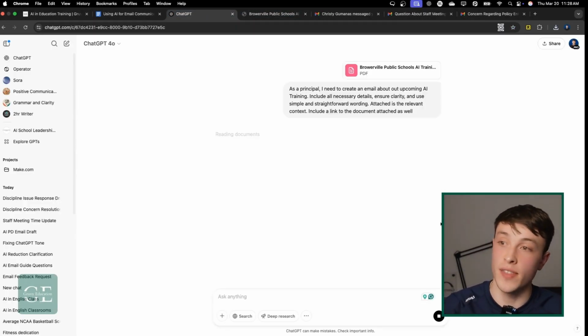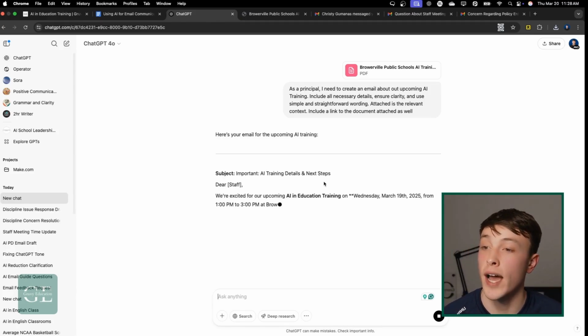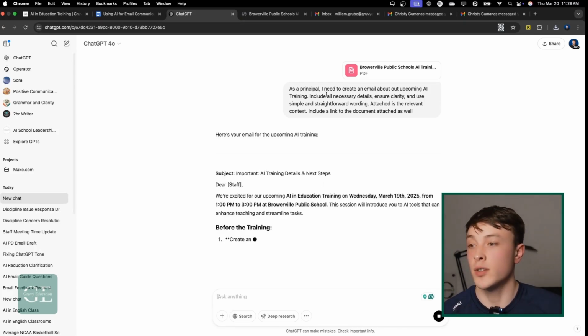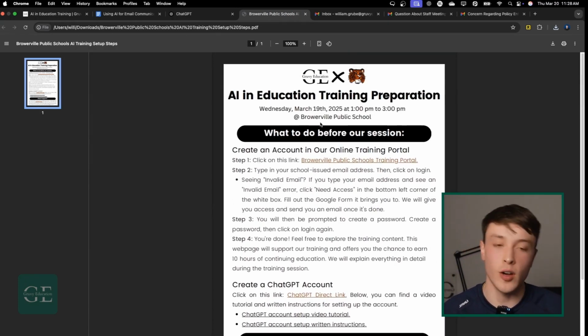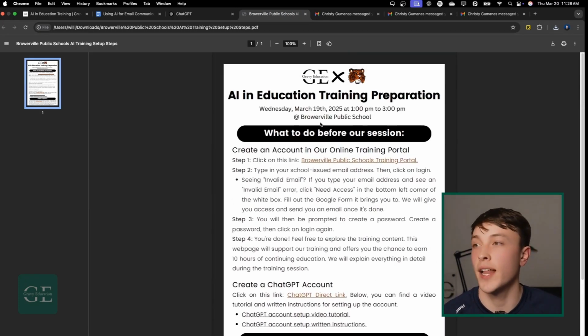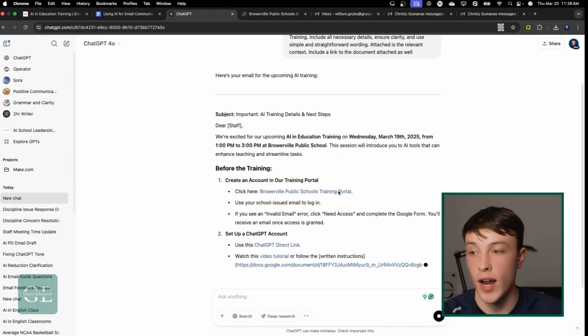And then I can just send this through, and ChatGPT is going to go ahead and draft that email. So instead of me manually having to read through this whole document, go over to Gmail, go back and forth, try and write this whole email out to make it super clear, we're just going to get an instant first draft ready to go.